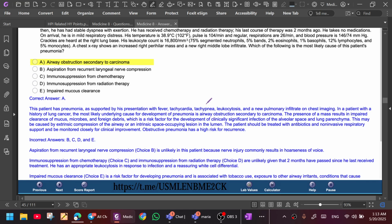where is E? Impaired mucus clearance is a risk factor for developing pneumonia and is associated with tobacco use, exposure to other airway irritants, conditions that cause neuromuscular weakness, anatomic deformities, genetic conditions. In this patient, the presence of active malignancy and an enlarging perihilar mass are most supportive of obstructive pneumonia. Okay,